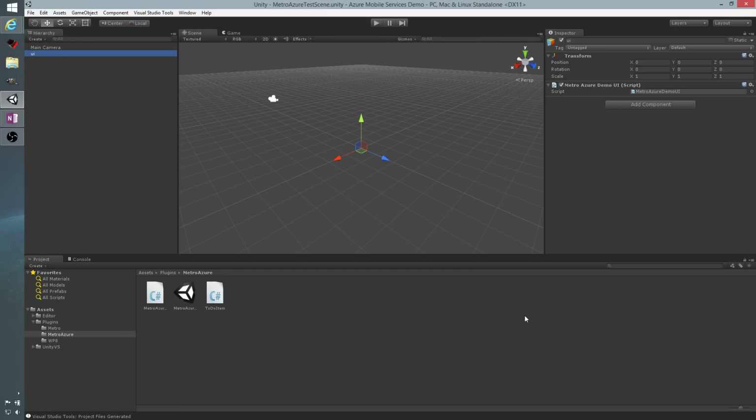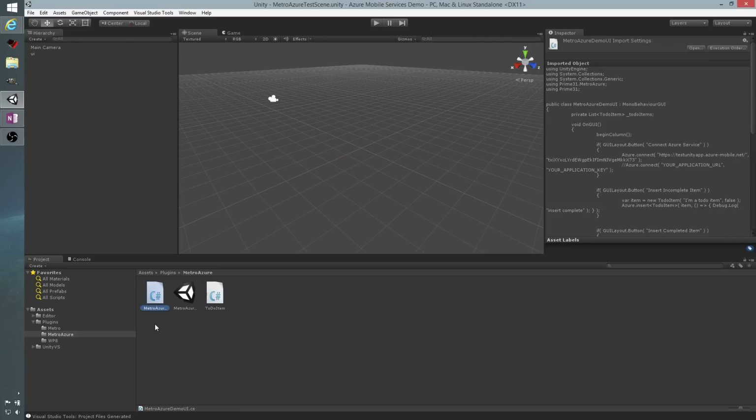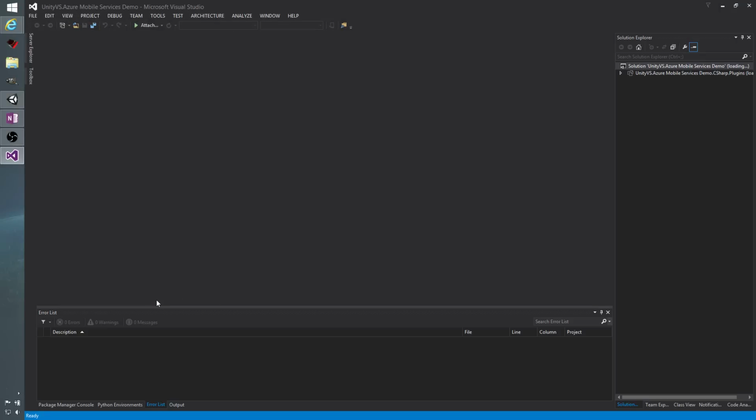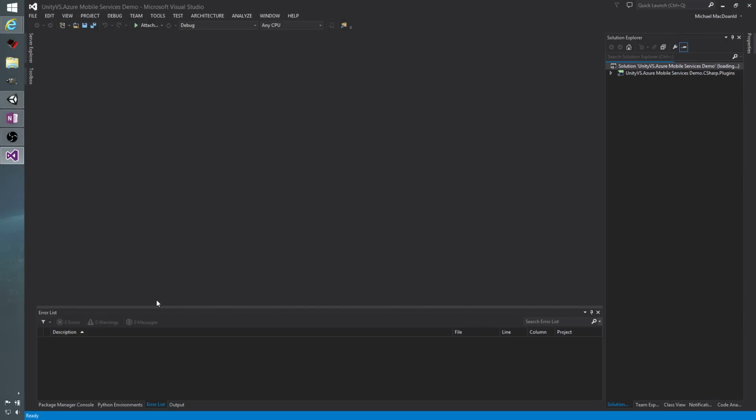To connect this all, we're going to need to change a setting inside of the script right here, which is called Metro Azure Demo UI. If I double click that, it's going to open it up in Visual Studio for me. That's because I have Unity Tools for Visual Studio installed. If you haven't seen that, I do have a quick guide, I believe, on that as well. If not, you can go to unityvs.com and download the package. Once this opens up,